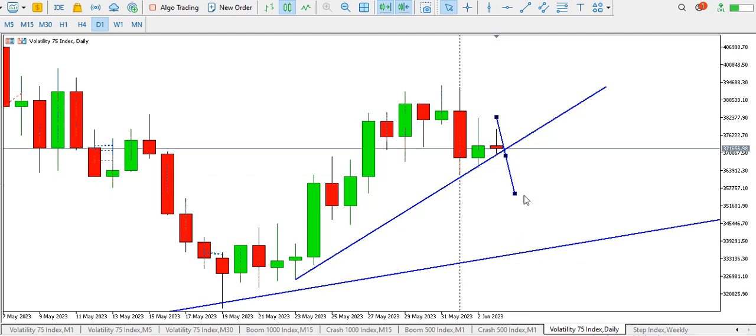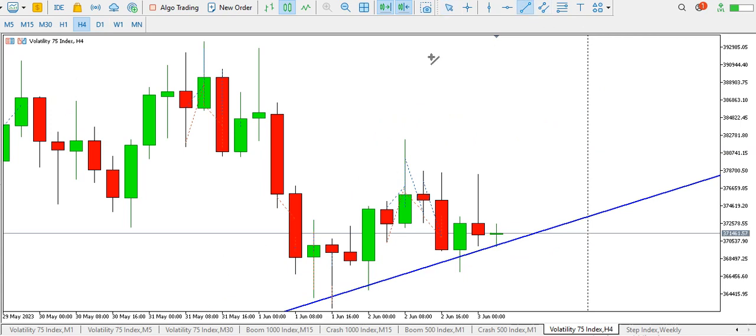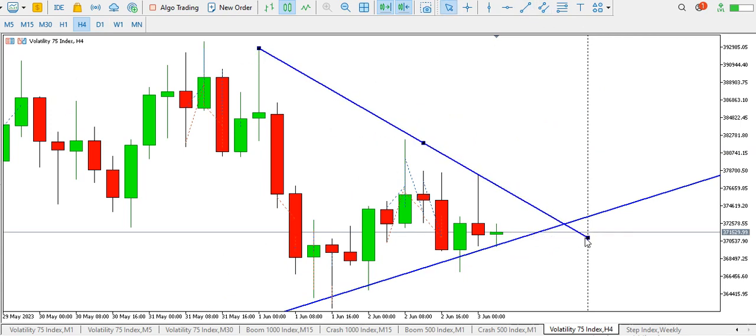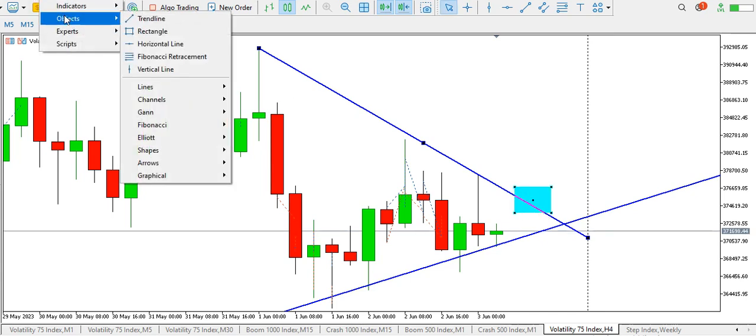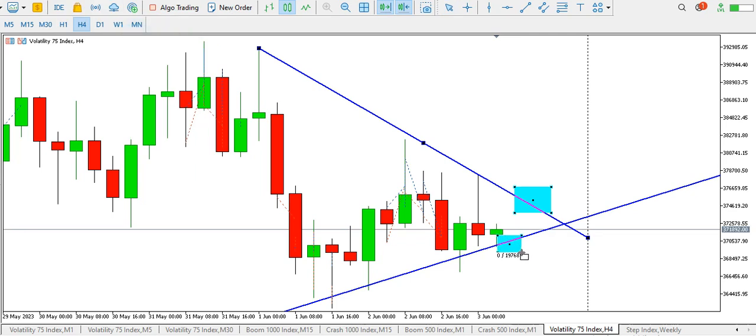Let's see what we have on the 4-hour time frame. On the 4-hour time frame, we have this descending trend line, and we have this ascending trend line, more like price is ranging. So we might want to wait for a range breakout either to the top, or we might want to wait for price to drop below this ascending trend line. So either way,